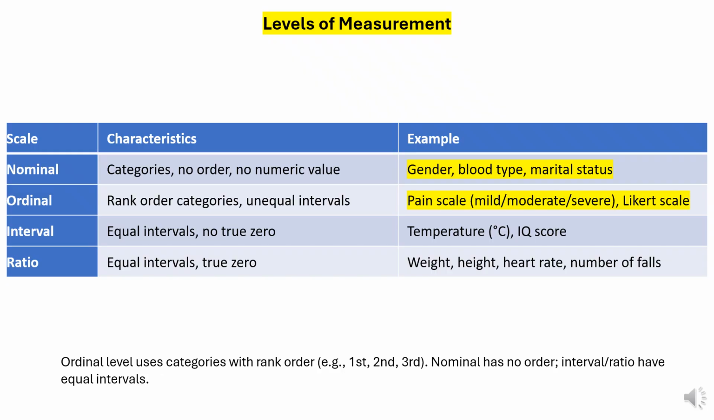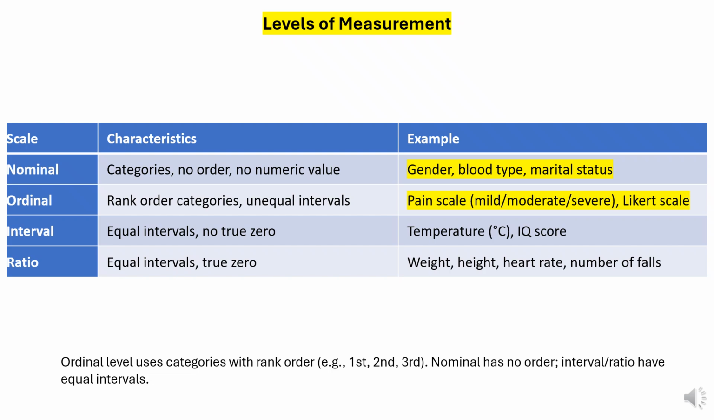Moving to richer scales, the interval level has equal intervals between consecutive values, allowing meaningful addition and subtraction, but lacks a true 0 point. Temperature in degrees Celsius or Fahrenheit and IQ scores are classic examples. The difference between 20 and 30 is the same as between 30 and 40, yet 0 does not mean no